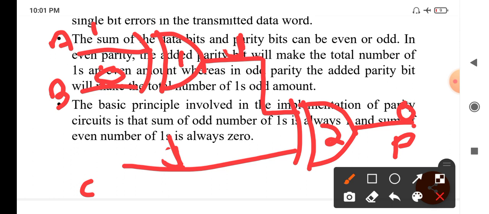If you are going for 4 bits, we need to go for 3 XOR gates. Like that, by increasing the number of XOR gates, you can increase the parity generator capacity also. Okay, I think you have got this concept.